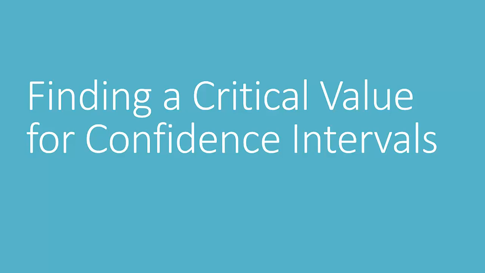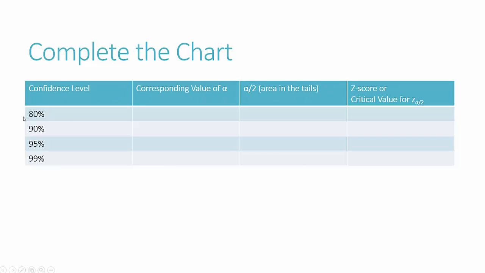In this video, we're going to look at finding a critical value for a confidence interval. There are some common critical values because we tend to use common confidence intervals. I'm going to let you do the 80% row on your own because it's part of one of your homework questions. We're going to look at the 90% confidence interval, 95% confidence interval, and 99% confidence interval, which are your